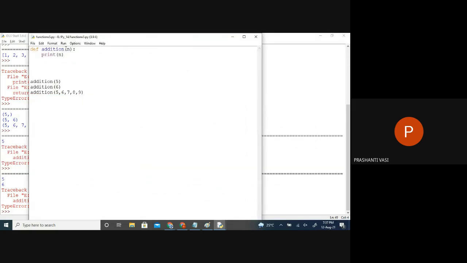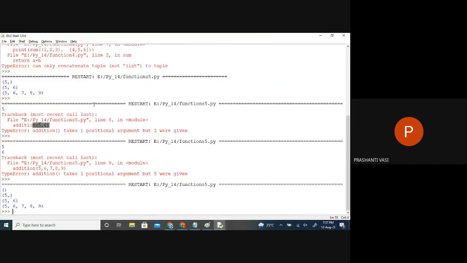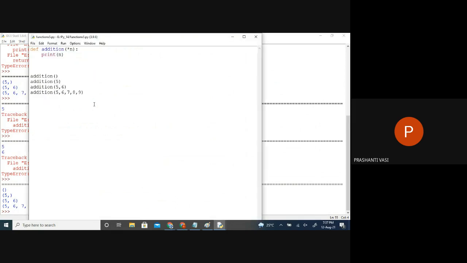So if you say star, we don't have to worry about the arguments. You can pass 1, you can pass 2, you can pass any number of arguments, but can we pass 0? That we have to see. Can it accept 0 arguments for tuple? It's created. Even without values it's created, right? So now we don't have to worry how the user is entering the values, 1 or no or more. Whatever you pass, the job of this function is to add these values.